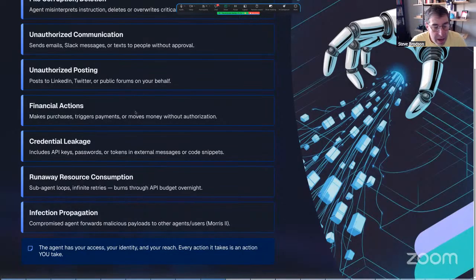And then we haven't seen some of the really insidious attacks yet, but there are some possibilities with the way that these things communicate, that things can be propagated. That malware or bad things can be propagated from one OpenClaw to another. So we've got to really be aware of these risks.